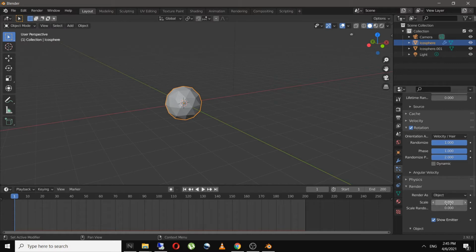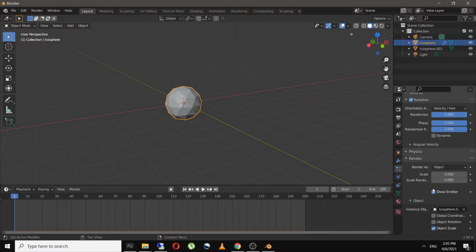You can also change the scale from here, and you can change the scale randomization from here.